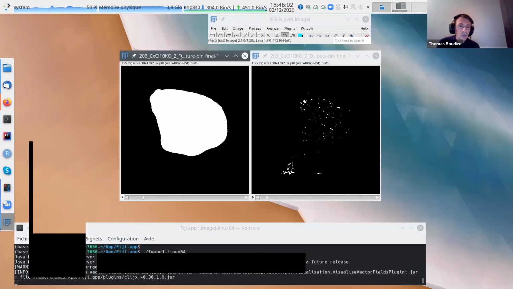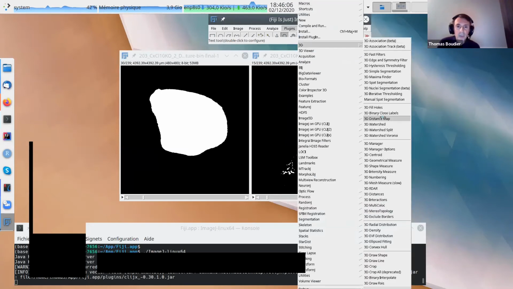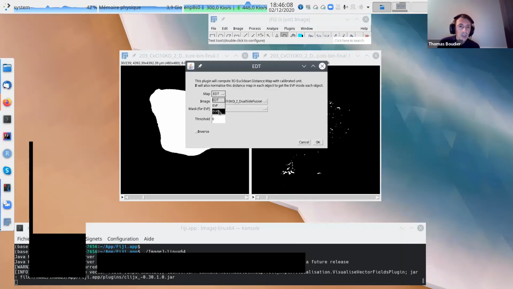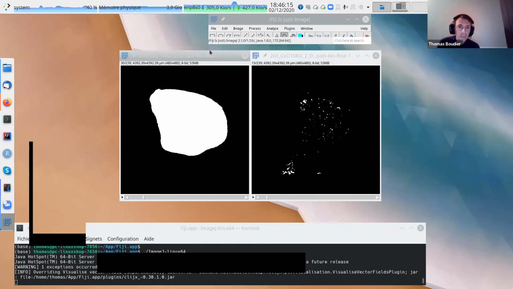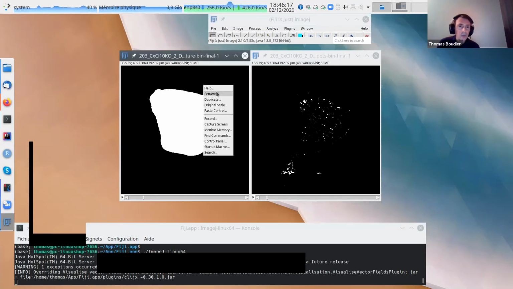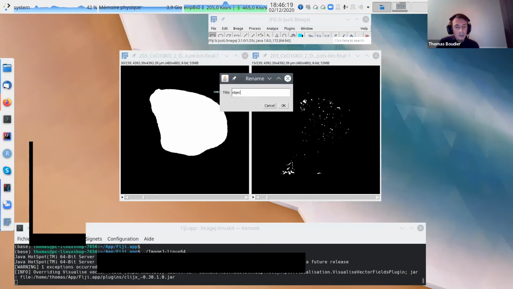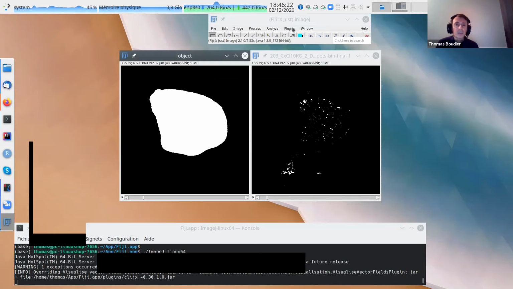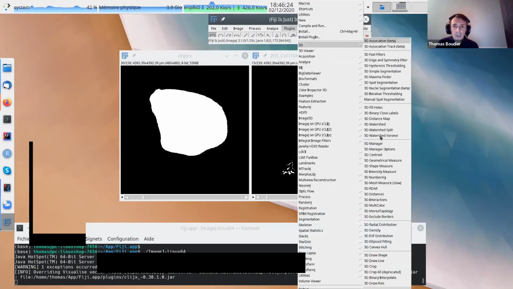So I want to do the EDT and EVF on this image. Plugin 3D distance map. Now I just, okay, both. So I need to rename, else I'm not sure which one I'm using. Object. Plugin 3D distance map.